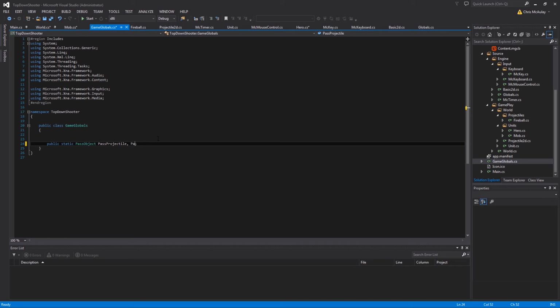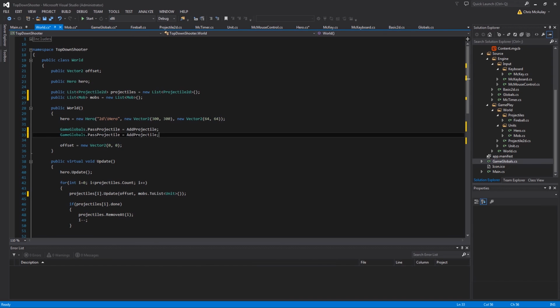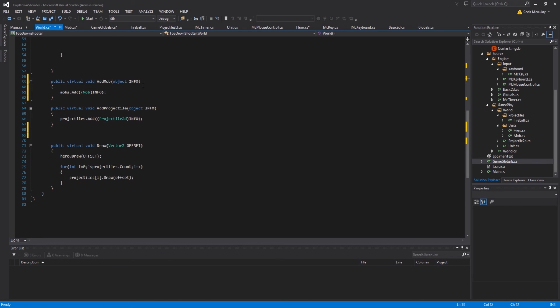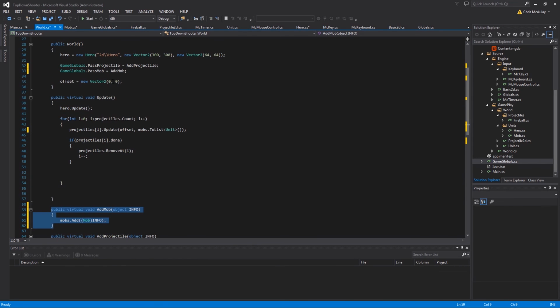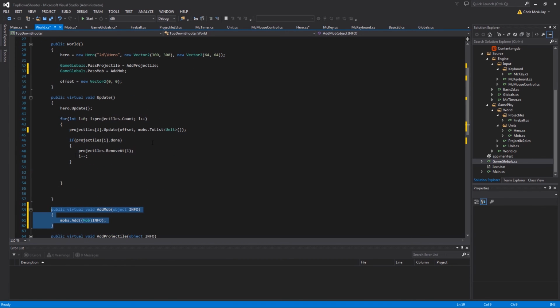Pos, huh? That wasn't so good. Mob. Okay, we have it there. Now we'll set it here. Right, so add mob and pass mob. Alright, so we have our delegate, which points to this function, to add mobs into this list. Now we'll loop them in the same way we loop projectiles